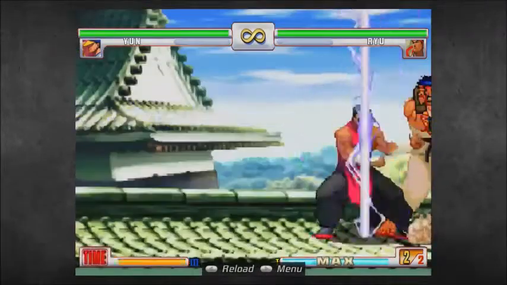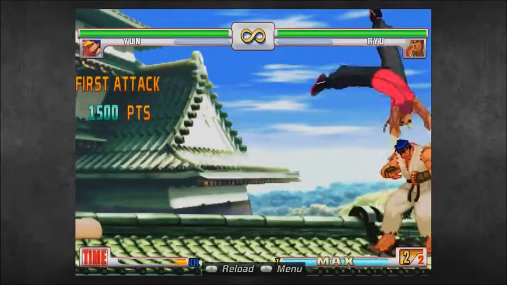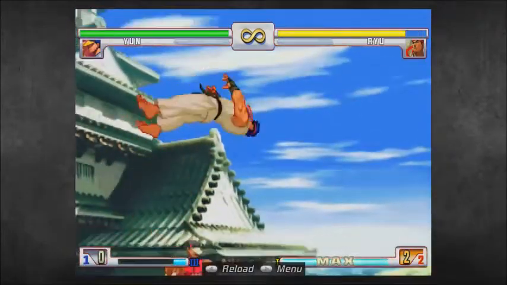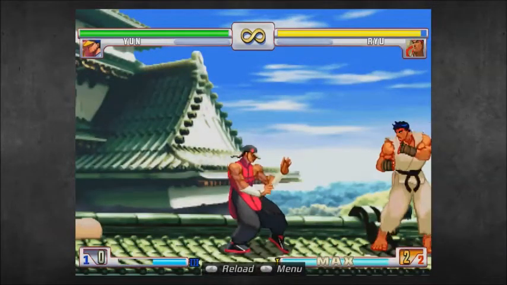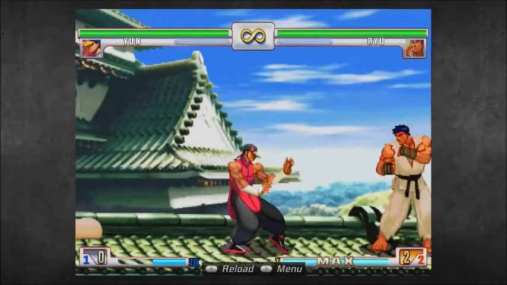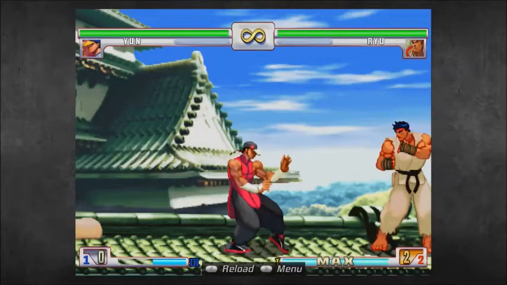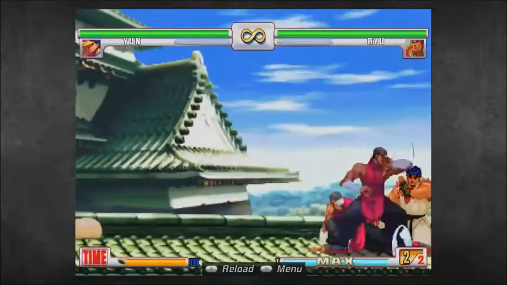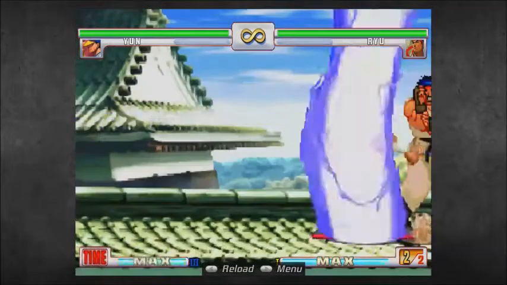But ideally, you're going to want to be able to put yourself in the situation to get this and get comfortable with it. But other options do exist. You can get a knockdown. You can force another okizeme situation, but it may not be the best. If that's the case, where you are not comfortable with that shoulder into